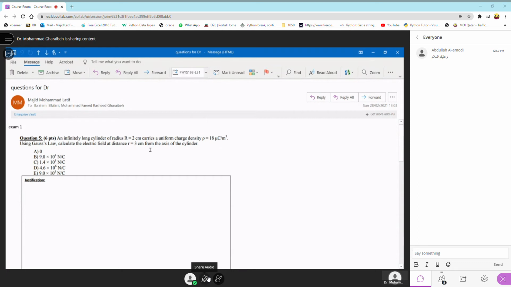So you need to go to the electric field for a long wire. What will it be using Gauss? Yeah, the outside. There is no other formula. It's only one formula for the electric field. But remember that